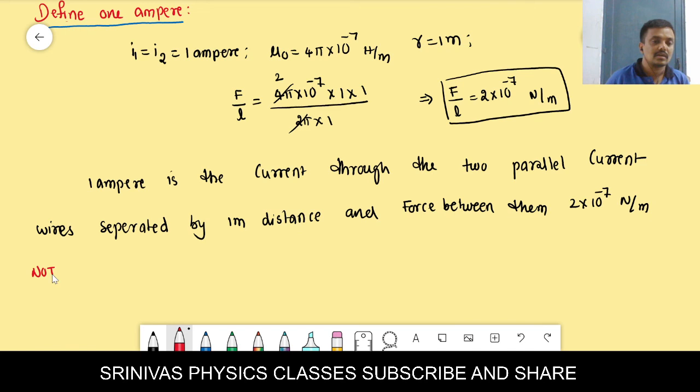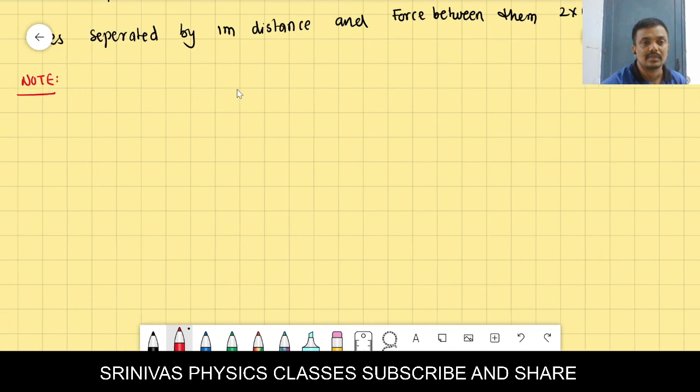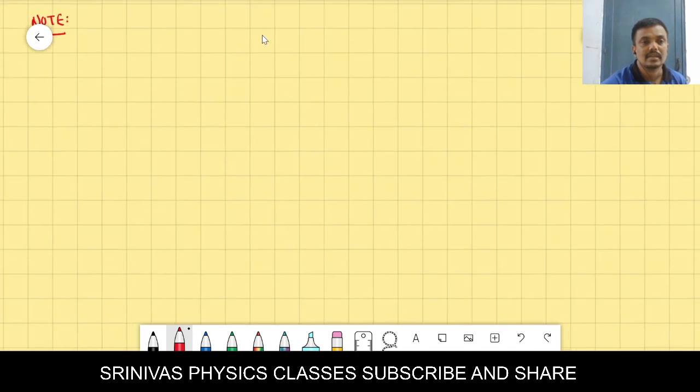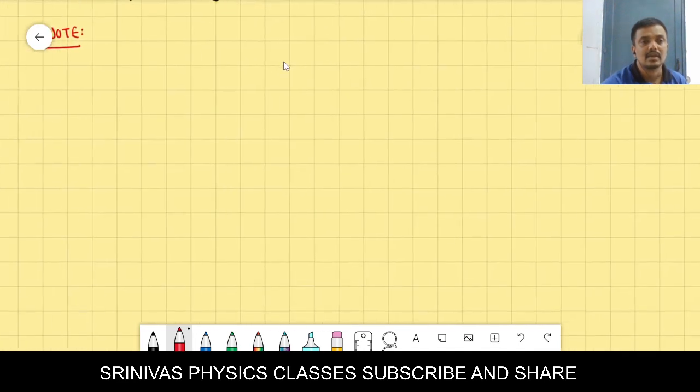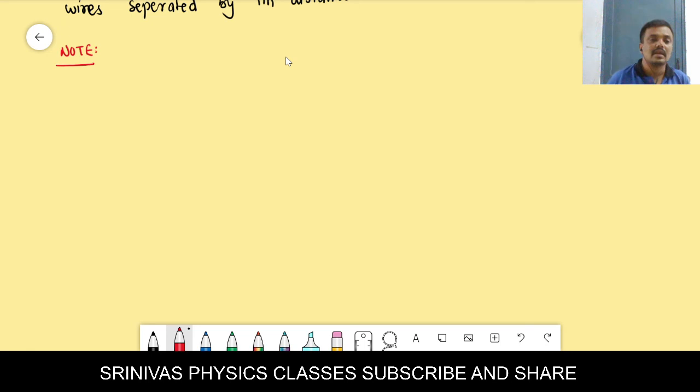Okay, note. If the currents are in the same direction, right, the wires are attracted to each other. If the currents are in opposite direction, then they repel each other. The first point in the note is that